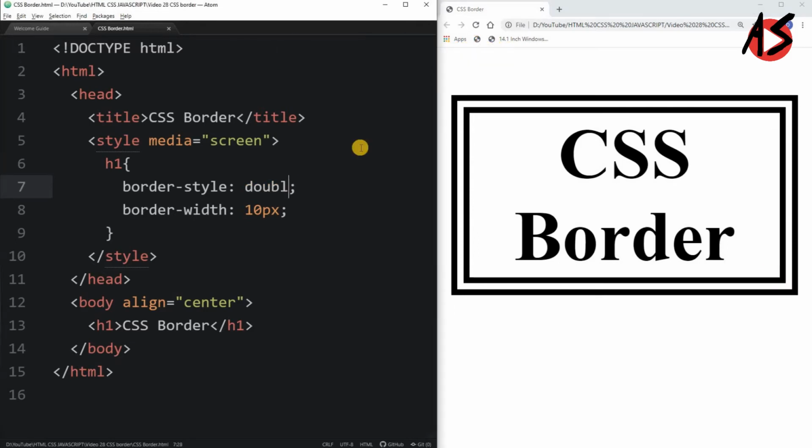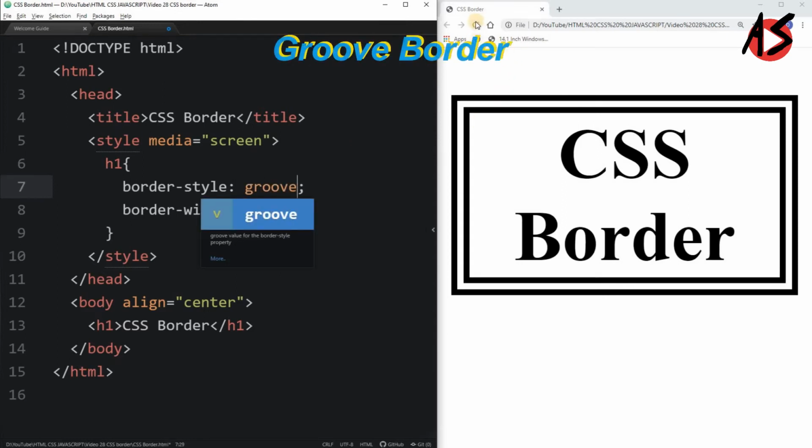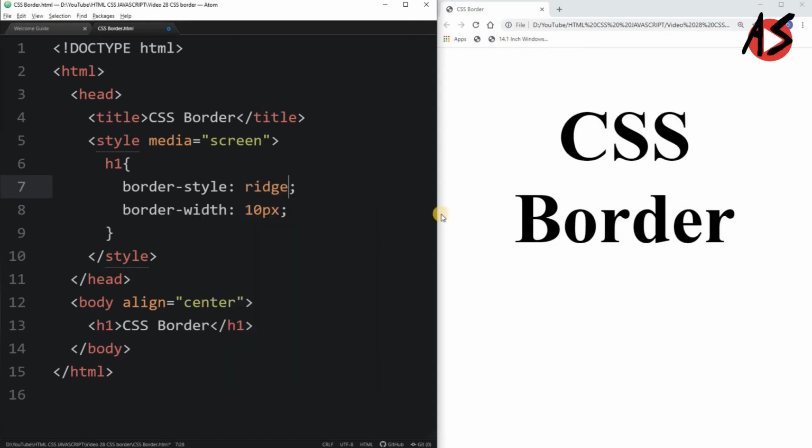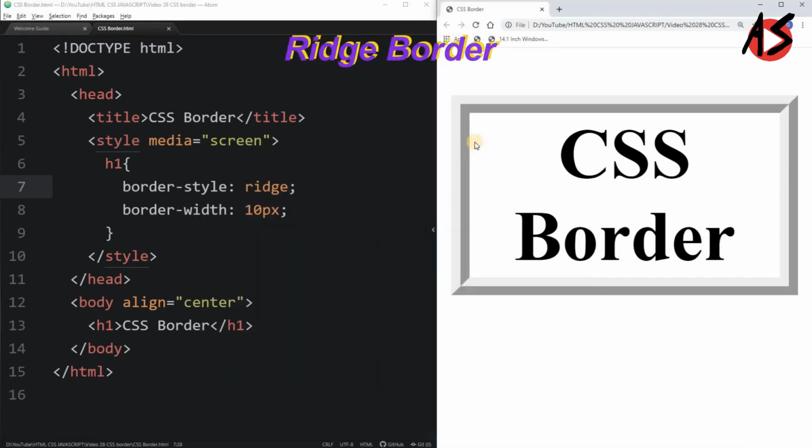You have several other border styles, like you can write groove and refresh the page. You get a kind of three-dimensional border known as the groove border. You can even take the ridge border, as shown here.